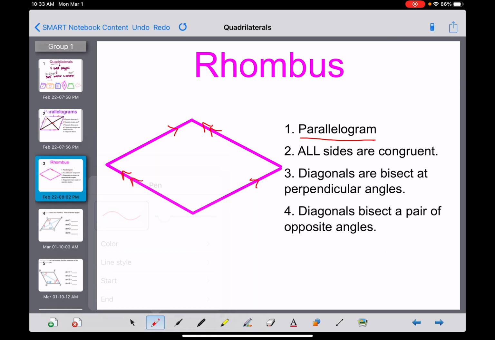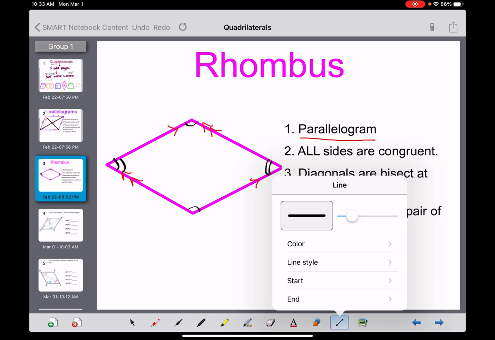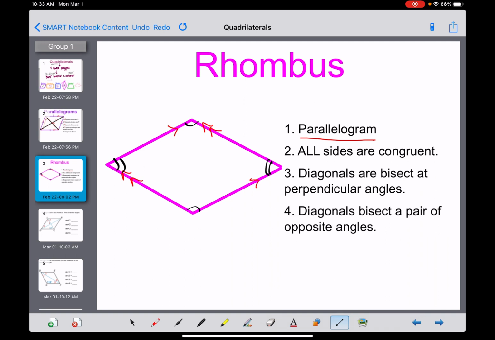Opposite angles are congruent to one another. Consecutive angles are supplementary. Diagonals still bisect one another. So they share all of the same characteristics, except they have a few more qualities that we need to talk